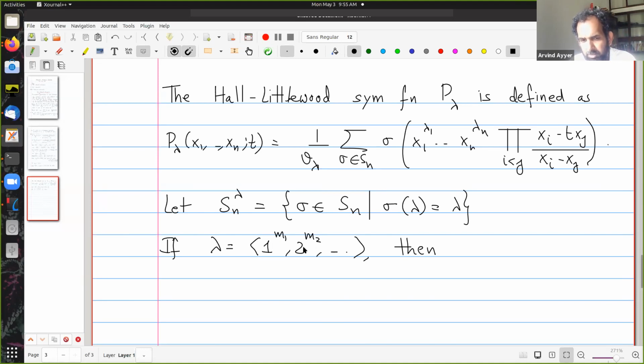Then the next m2 positions act arbitrarily, and so on. Right? Because you cannot have any action that crosses this, an interaction between any of these. So S_n lambda is going to be a direct product of S_m1 cross S_m2